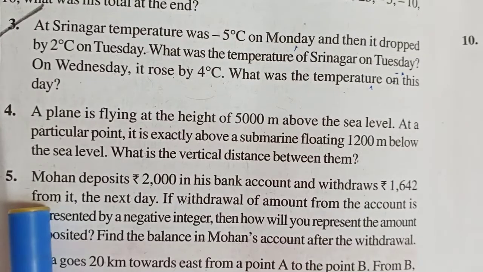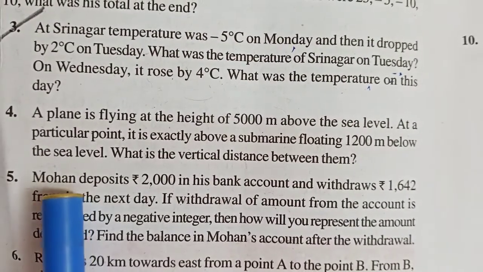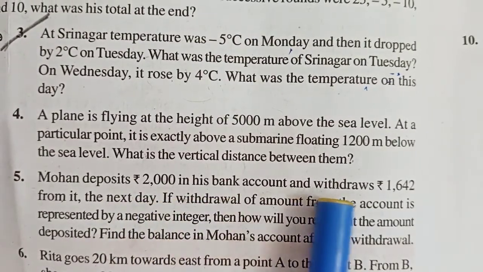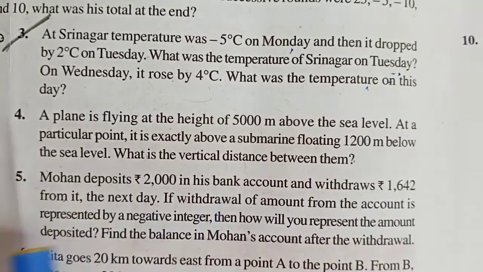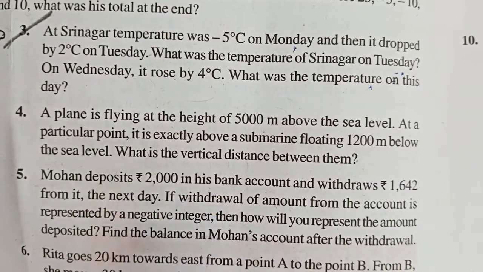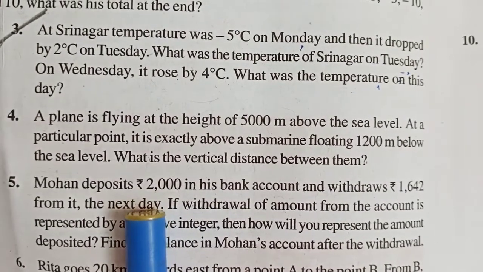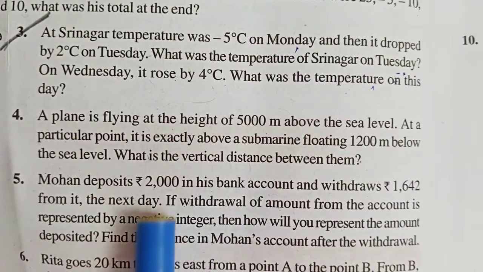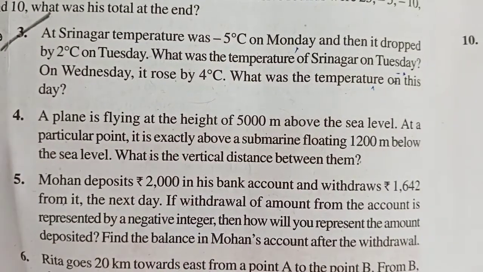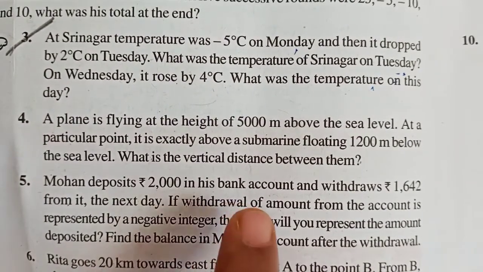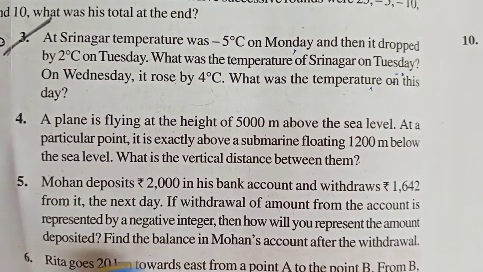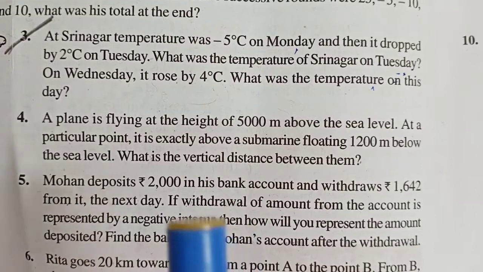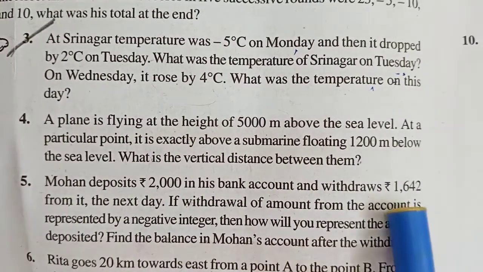So the fifth problem, let us first read and understand the problem. Mohan deposits 2000 rupees in his bank account and withdraws 1642 rupees from it the next day. See, how much amount did he deposit in a bank? Hope everybody knows what is meant by depositing in a bank. That means he is saving his money in the bank. That is 2000 rupees he wants to save in the bank, and the next day itself he wants to withdraw. Withdraw means taking out from the bank. So he wants to withdraw an amount of